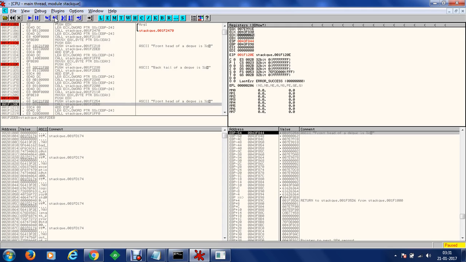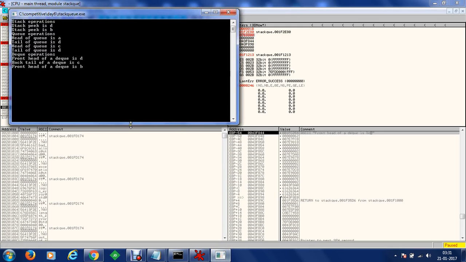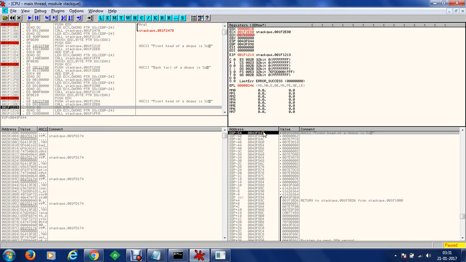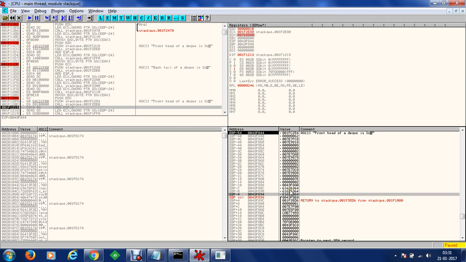So once a call has been performed, you can see that B will be printed out, and as the base pointer suggests, you can see that the values are the same for stack, Q and DQ, only the address registers, the accumulator, counter and data registers are holding the values of your top, head and tail of the data